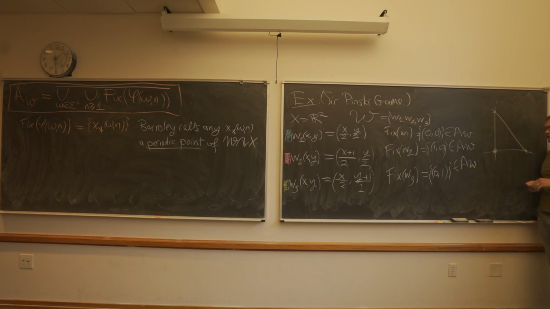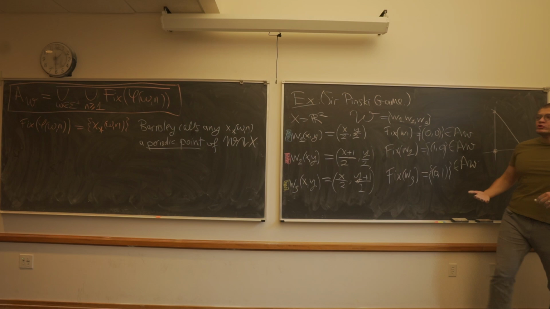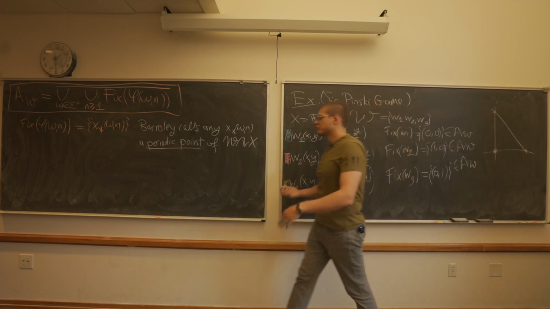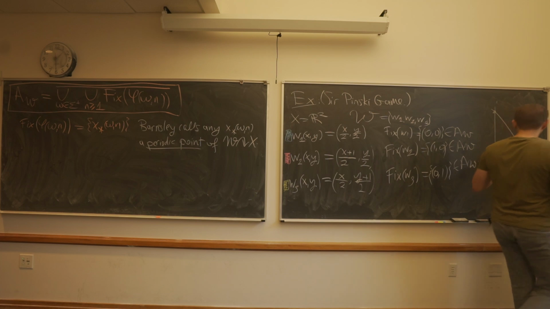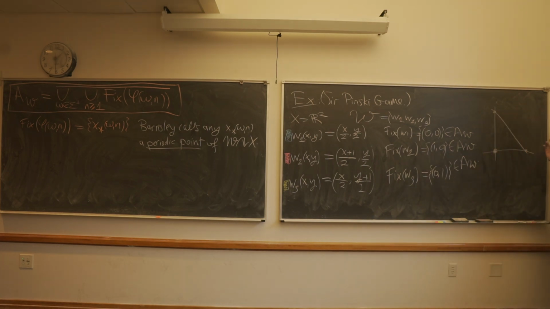So let's look at a period 2 point, in Barnsley's terminology. I don't want a fixed point, so I'm not allowed to use any one of these corners, but let's try to find some other point. Well, for instance, if I were to take a point on this boundary, I think I can just keep bouncing between these 2 points. So let's say this is 1/2.